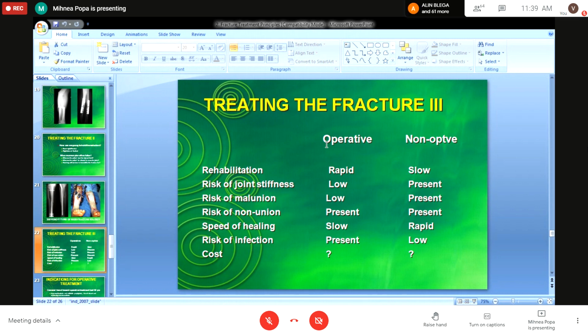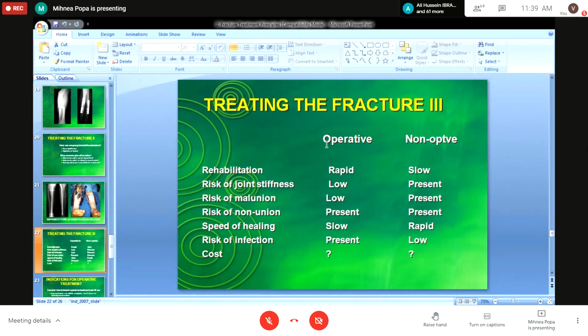Non-union is present in both of them, because the risk of non-union comes through multiple things, not just the type of fracture, but also if the patient has diabetes, if he's a smoker, if he's obese, if he has renal problems, if he has any hepatic problems. All of these things come together and can be problematic for